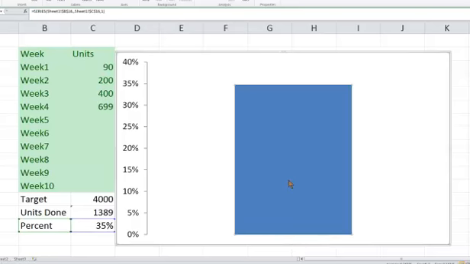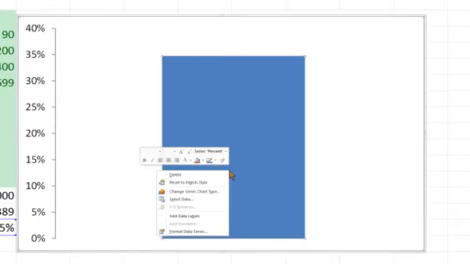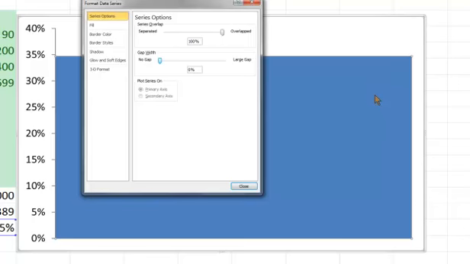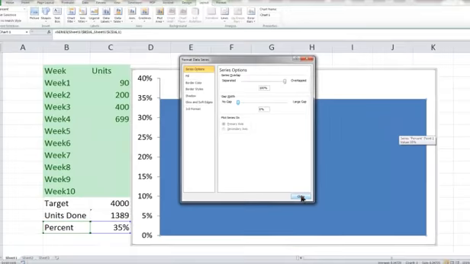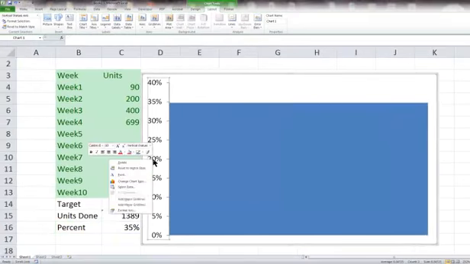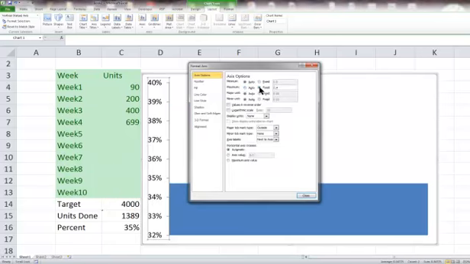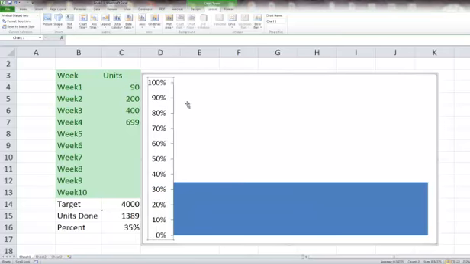Two things we have to do is to click on the right button in this one here and go to the format data series. Make sure that it's no gap, so it's going to cover everything. The second thing we can do is to click on the right button here and go to the format axis and make the maximum value fixed at 1, which is 100%. So now we have changed the axis to 100%,